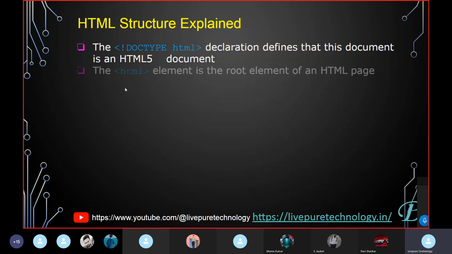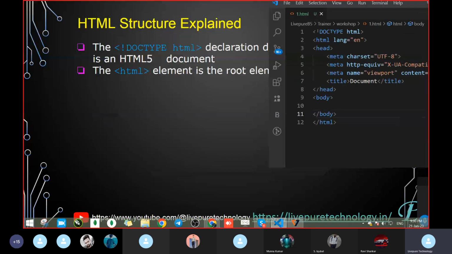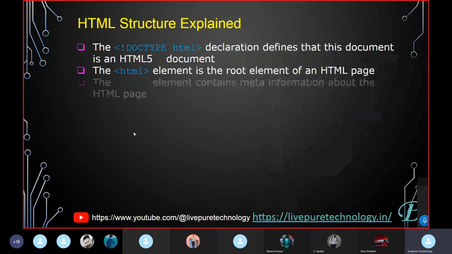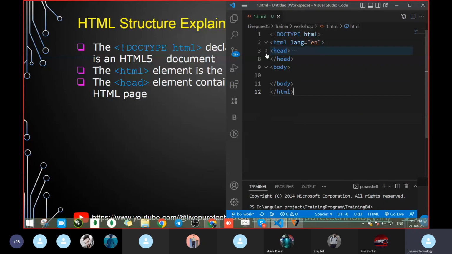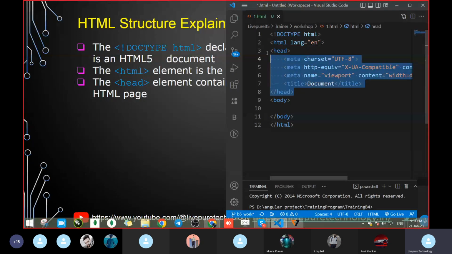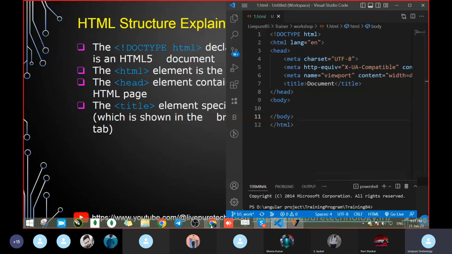Next, the HTML element. On the line below, you can see html. This is the root of the HTML element. Second, head. The head element contains information about the HTML page. Where is the head section? This is the head section. Here we create some information regarding the HTML page. Next, title. The title element specifies a title for the HTML page. Means on the browser, if you open it,